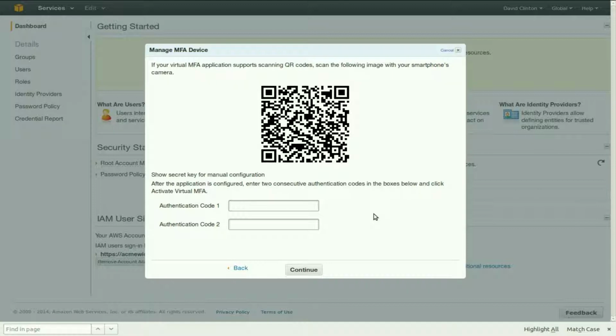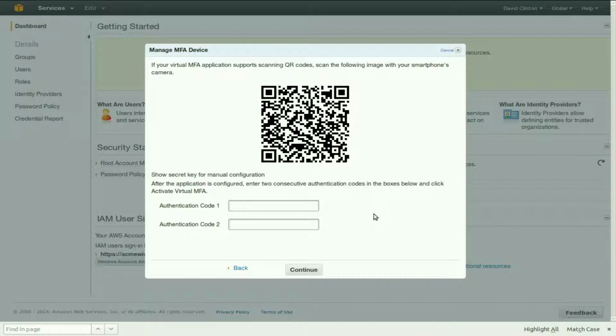Usually, the first code will be visible for about 30 seconds, and then it'll be replaced by a second code, and a third and a fourth and a fifth. We're not going to worry about those. But the nice thing about this system is that these passcodes are forgotten. Once they're more than a couple minutes old, they become invalid. So even if somebody was looking over your shoulder or somehow managed to make a note of the code that you're entering, it'll be useless to him or her in another few minutes.